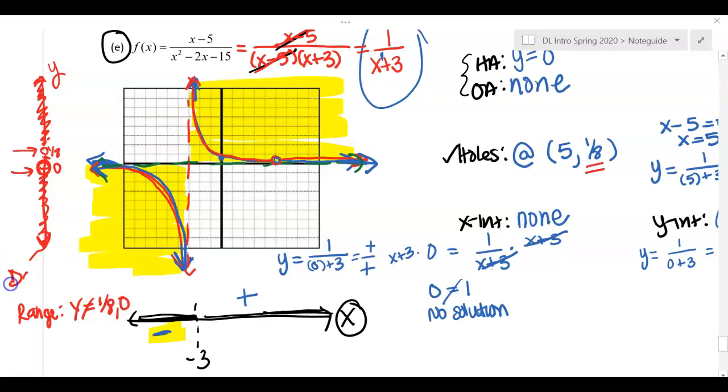Okay. And then our domain here, what x's did we skip? The vertical asymptote was only at -3, but then remember you have a hole. So you technically jumped over this one point, and at that one point the x value was 5. So you need x cannot equal -3, but also